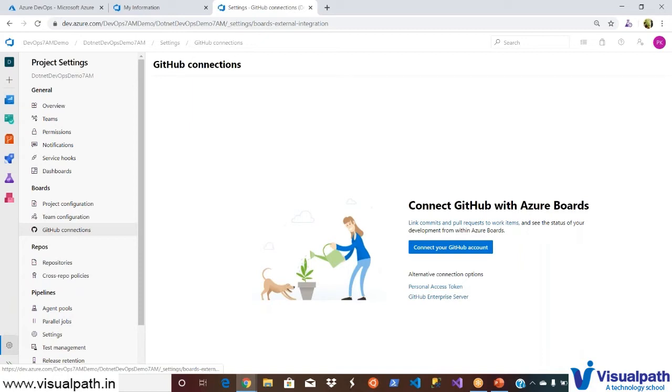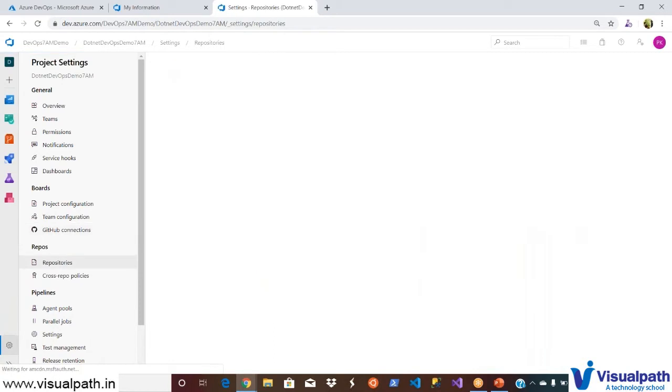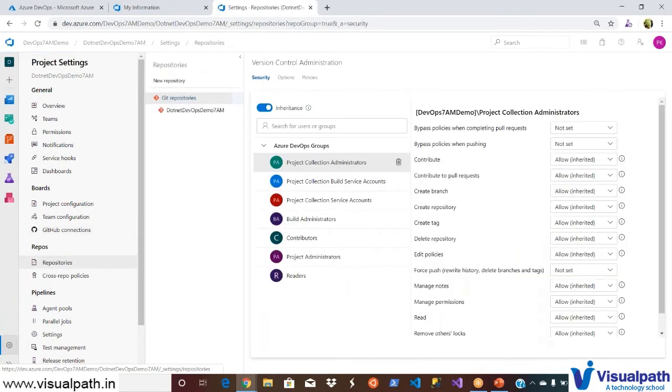There are hundreds, I would say 20, 30 source control management tools very famous in the industry. And then repos is nothing but your Git repositories where you can administer your repos access and policies, source control management policies, etc.